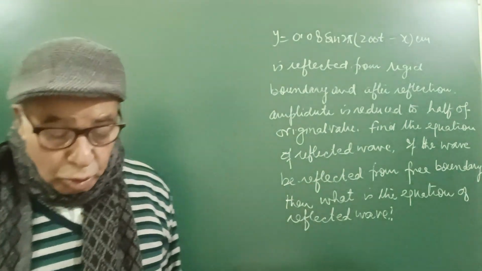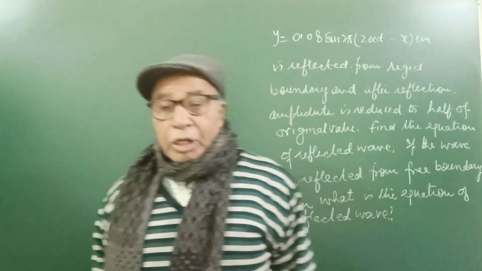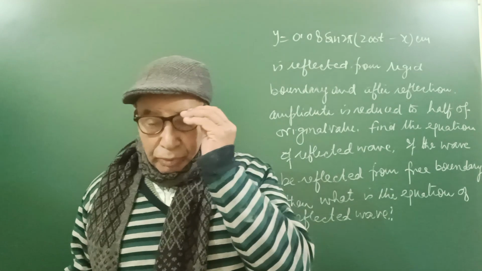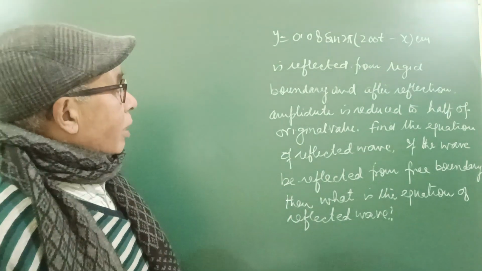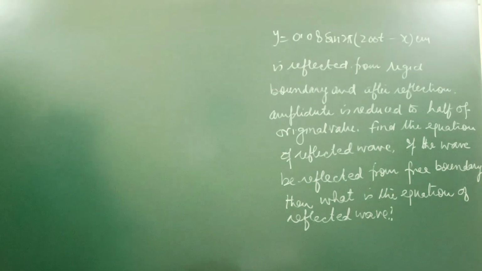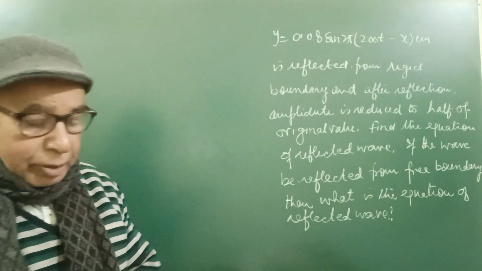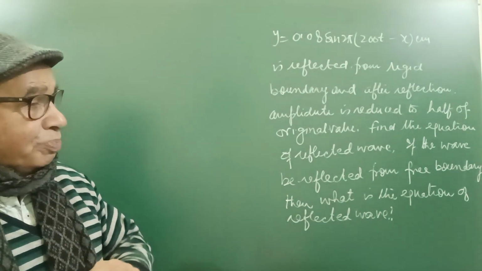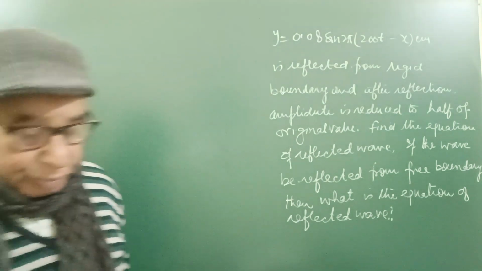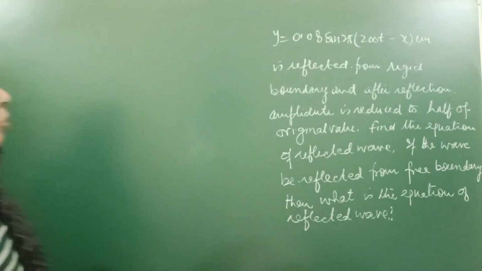Till now, I have told you about standing wave. I derived the equation of standing wave when boundaries were rigid and when boundaries were free, and now I am trying to explain some questions based on standing wave, and then we will take the vibration of bound medium like air column and stretch wire. So here on the board there is a question: